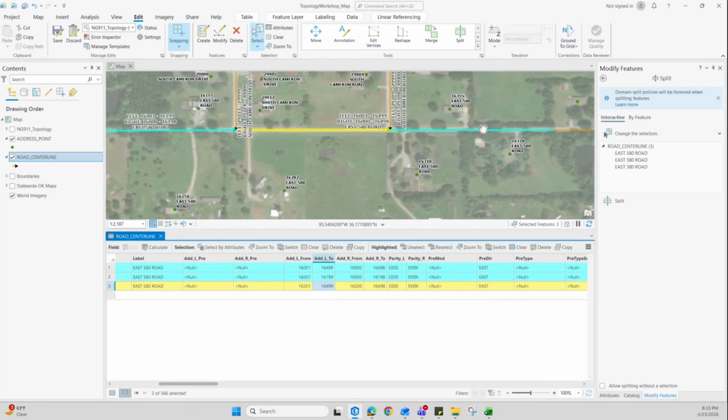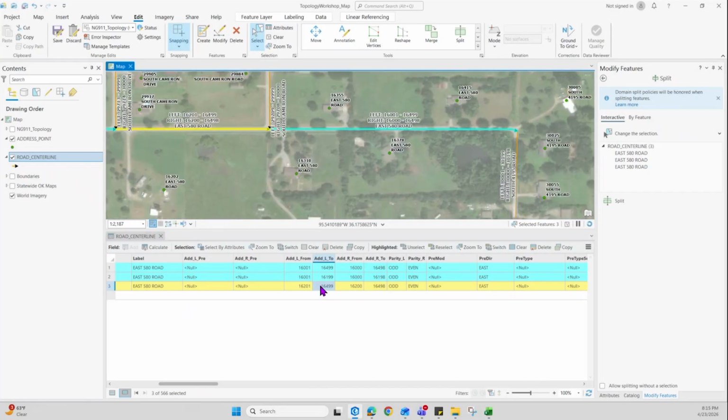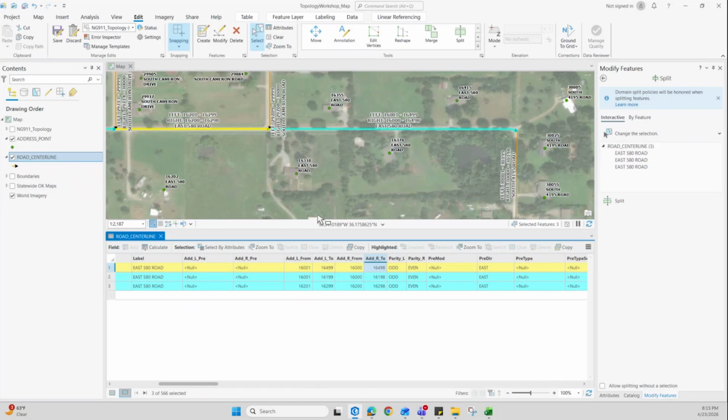So it looks like we get into the 300 block over here. So I would just update the 2 value to 299, 298. Now the final segment here is the last one. So I really only need to update the from values because I want the end value to stay. So this would be 301